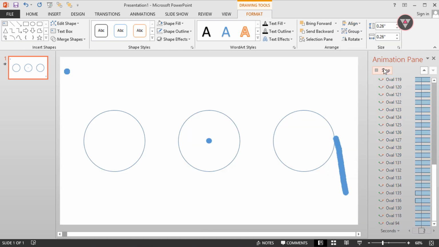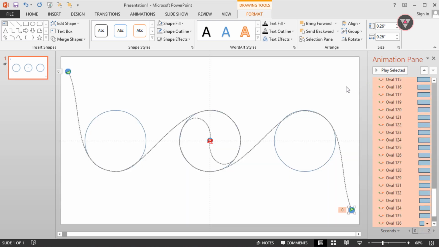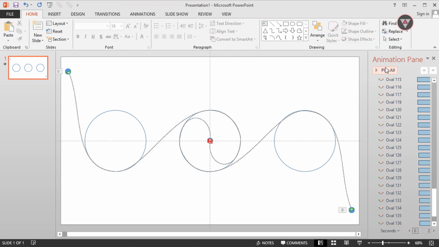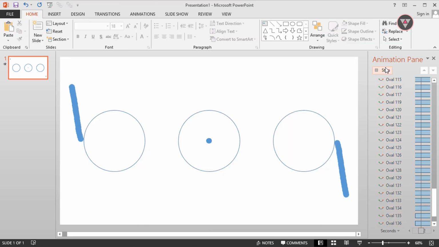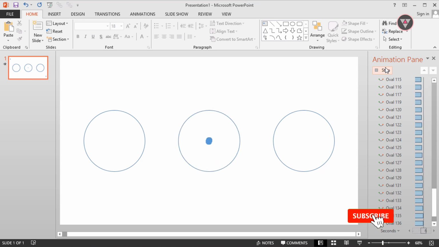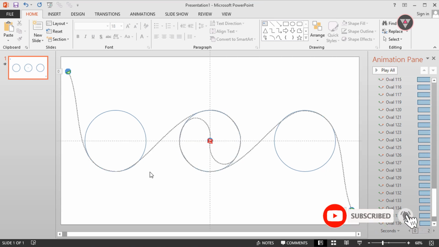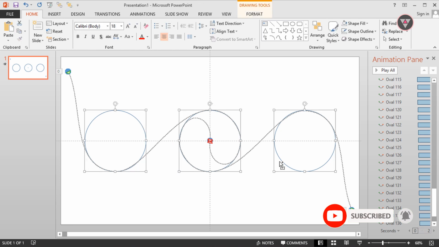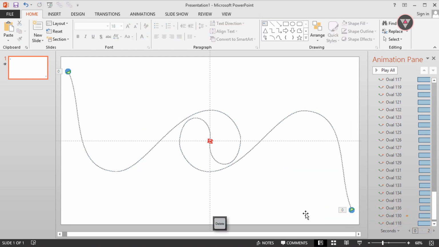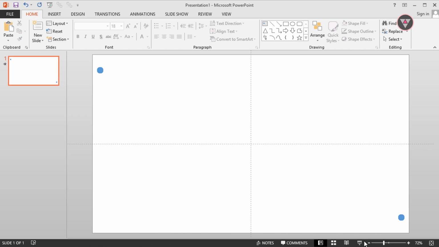Let's see how the animation looks like. Perfect. Step 1 is complete.